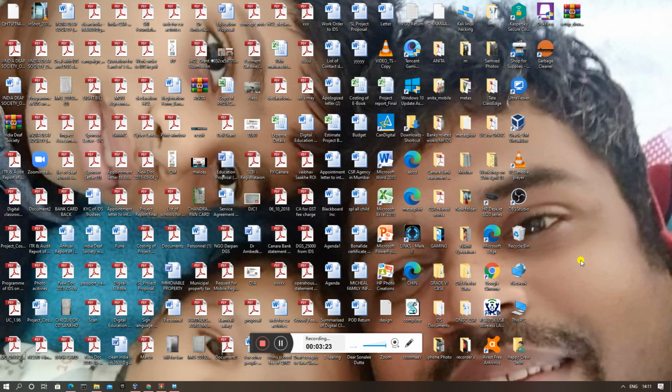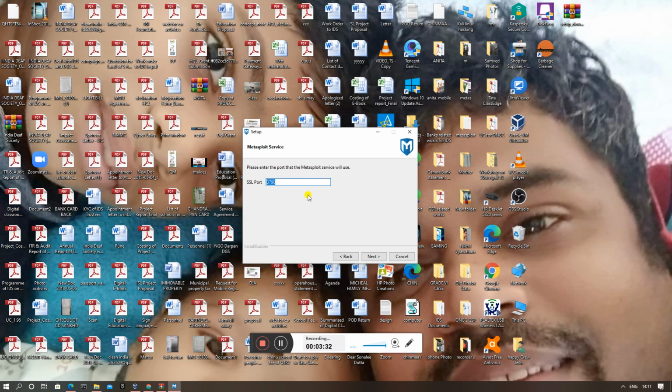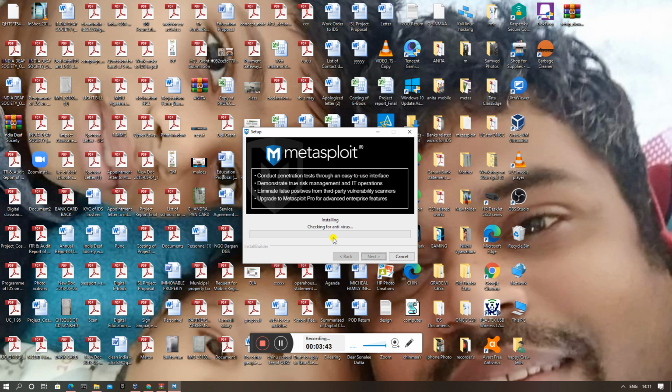The next step is you need to open it back, and next, and maybe the SSL port. You can even name your own, but you have to remember the port. Localhost, yes, okay, and we click on next, and it will install it.